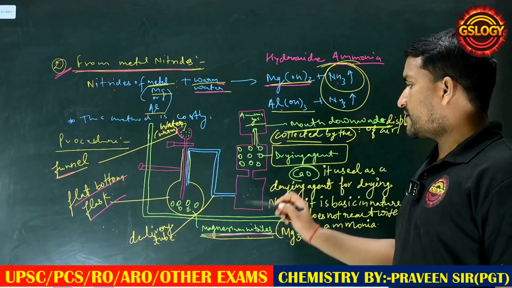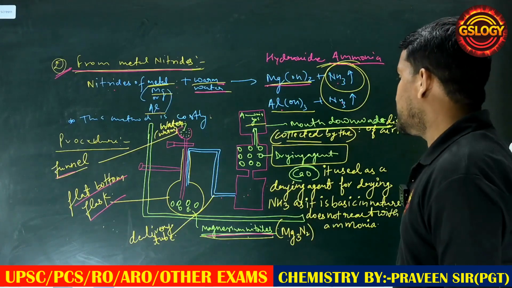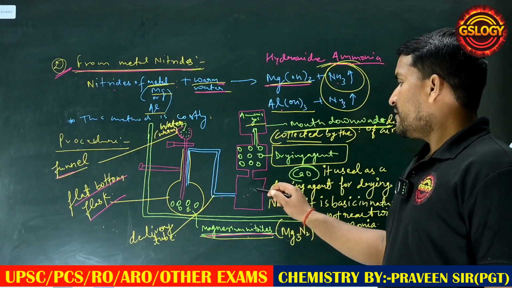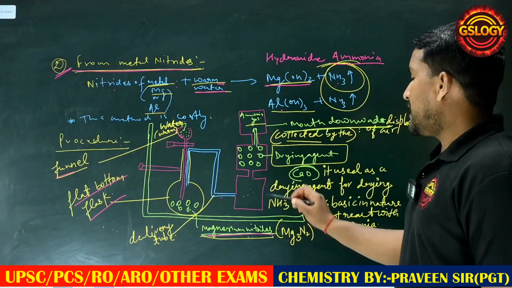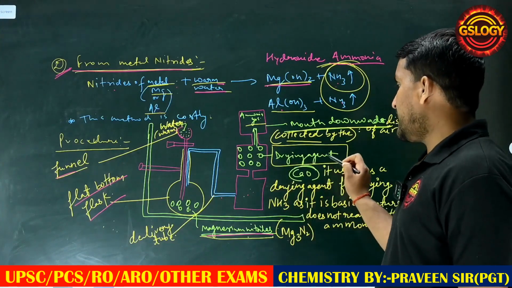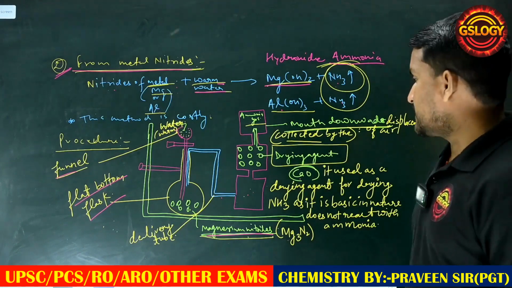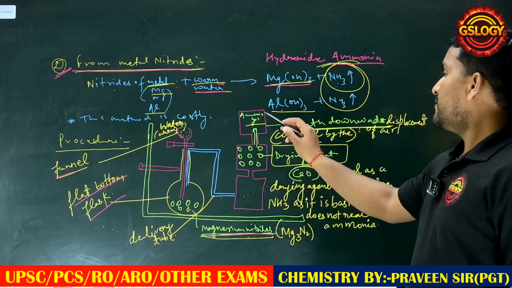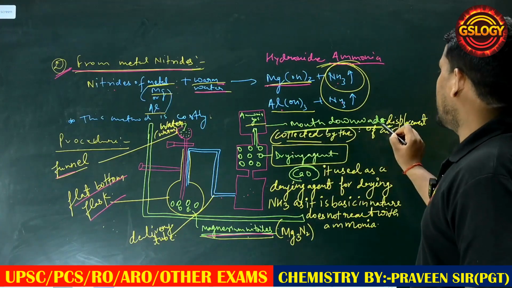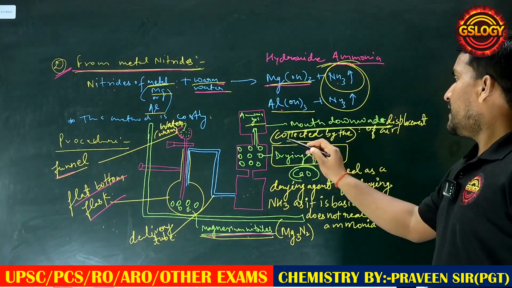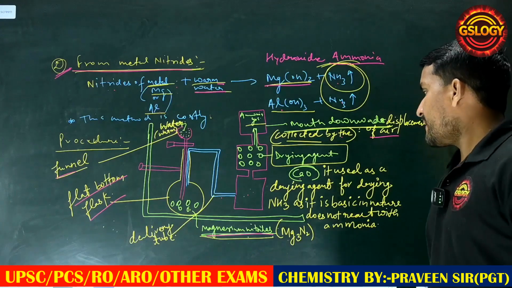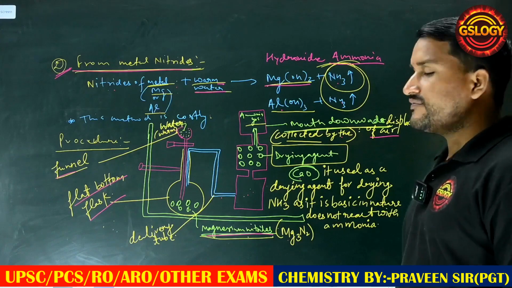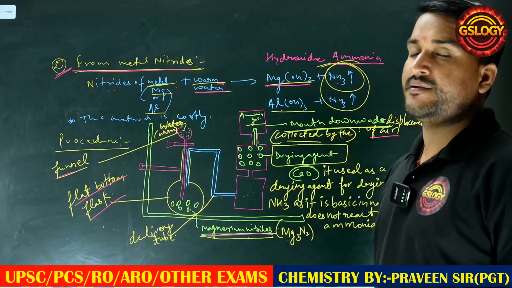And also this jar contains the ammonia gas. Before the drying agent, first of all the ammonia gas is collected in this block. When ammonia gas is passed through the drying agent calcium oxide, then the ammonia gas is collected at the top, mouth downwards, by downward displacement of air. And for the drying agent, which type of drying agent is used for the